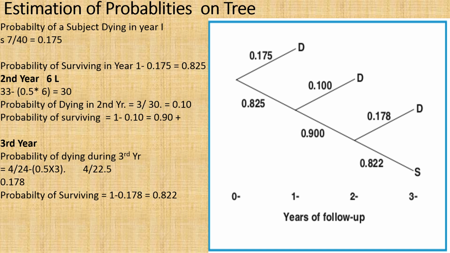So 0.825 into 0.9 into 0.822 is giving us a value like the individuals who remained alive during the whole course of follow-up. That is the question. That is the cumulative survival probability. So in order to calculate the cumulative survival probability, we are multiplying 0.825 with 0.9 with 0.822, and we are getting a value which is